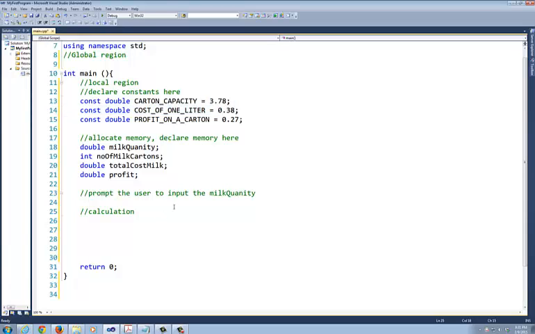Alright, let me help you with this. Figure out the number of milk cartons. This is what you need to figure out. Figure out the number of milk cartons. Alright, so to figure out the number of milk cartons, what do you have to do? You have to take the